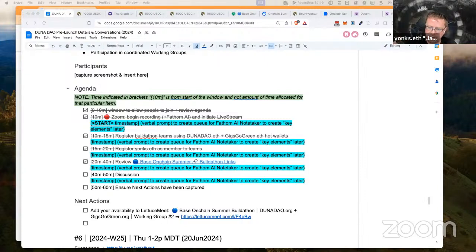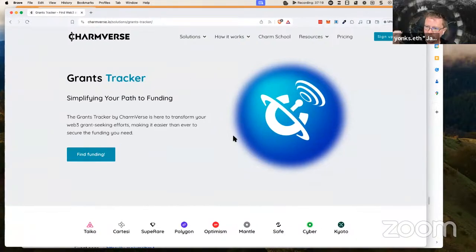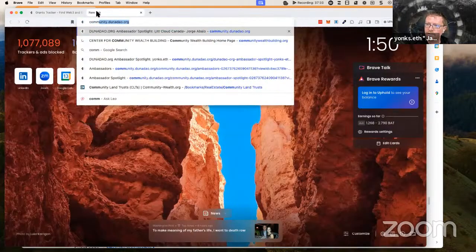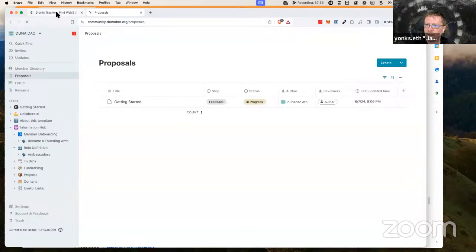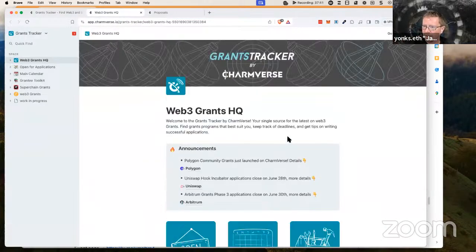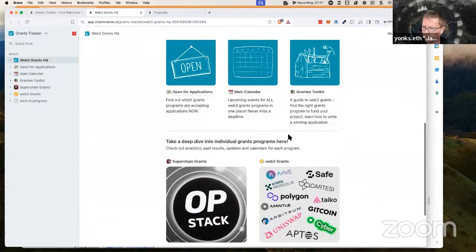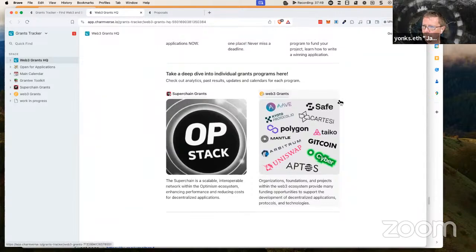But speaking of build-a-thon and hackathons, one of the other opportunities that we've submitted for in the past and will continue to submit for is grants, and Charmverse. Charmverse is a tool that we're using here at community.dunadao.org. But anyway, this is something that Charmverse found is getting a lot of value. So this is something that I'd encourage, and I'll link this up here, but like Web3 grants,